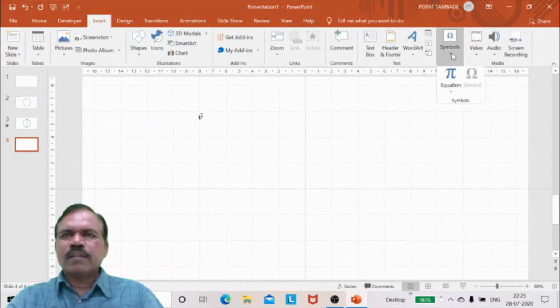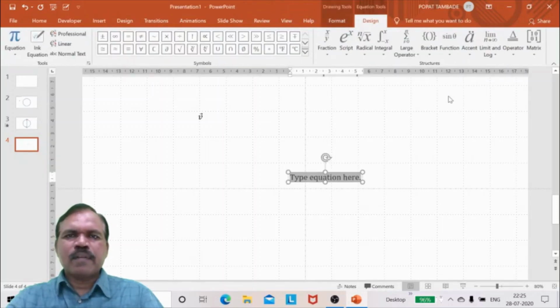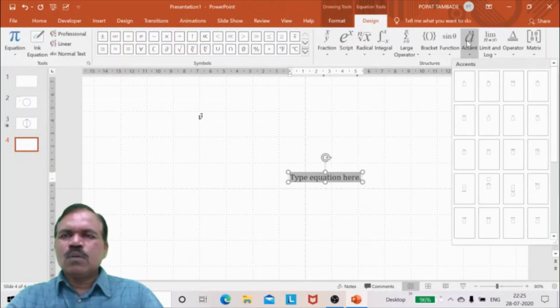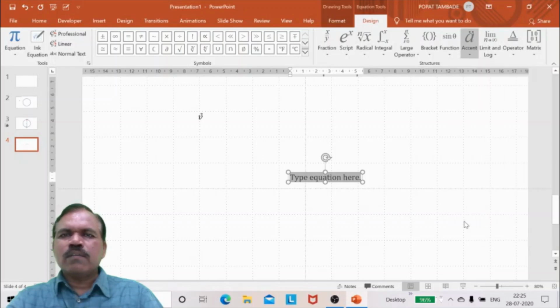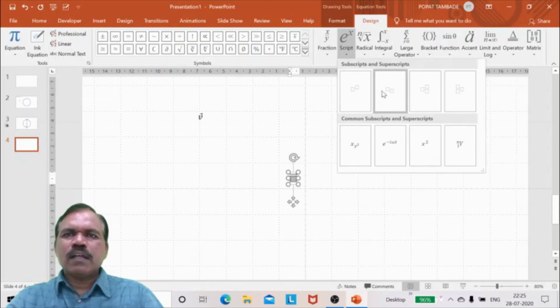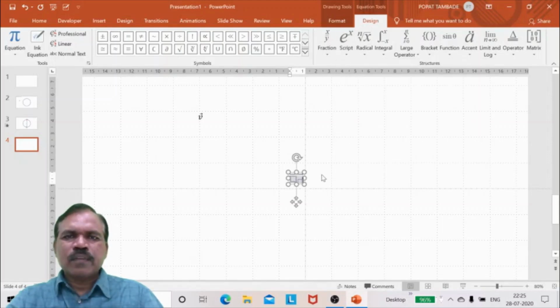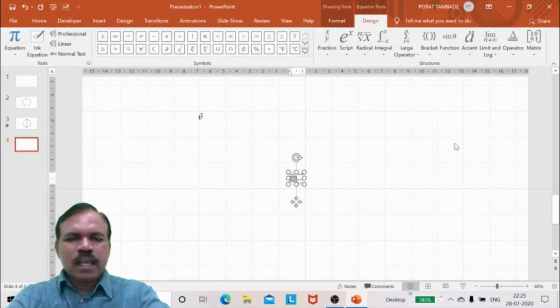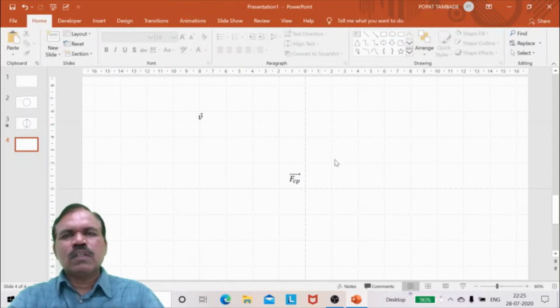Then insert again. Go to pi equation editor. Go here again. Accent here, vector, and then I can write here, take subscript. So I can write here F, and let us write here Cp, that is centripetal force.